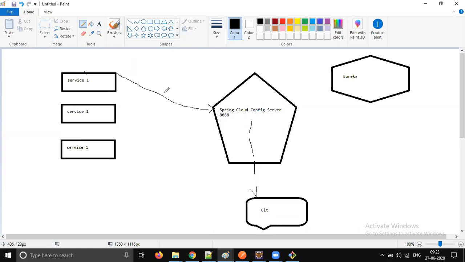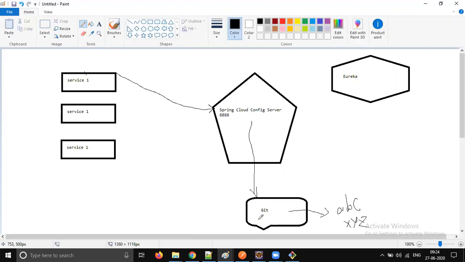For example, you started, and after some time you have a message like ABC, and after some time you want to change it to XYZ. Don't expect that by default ABC is going to be changed to XYZ in your service. No, it won't happen like that. By default it loads the properties, but it won't be updating them. So we need to do a small change. Anyway, we will do it after some time. So the first challenge is that the update won't be automatic.